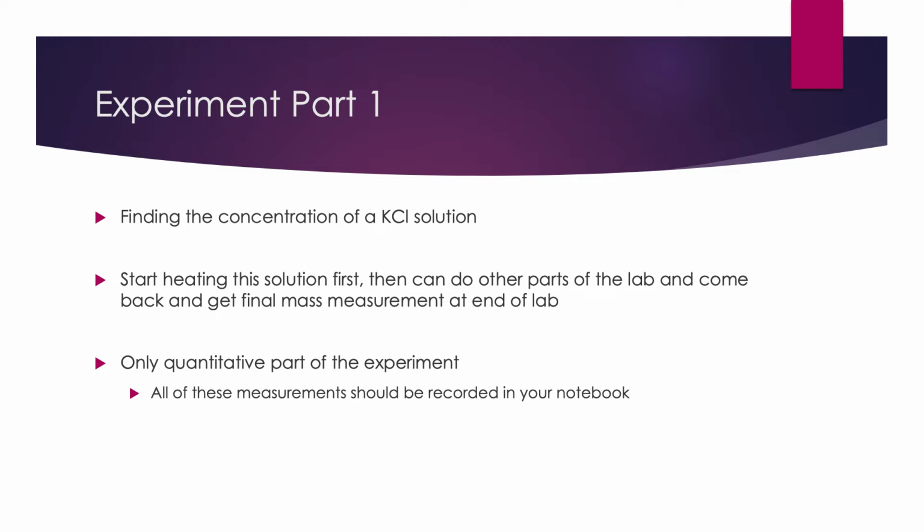Now, for this first part of the experiment, this is going to have the only real numerical measurements you're probably making that are important for this experiment. And so you're going to have to make some different mass measurements, some volume measurements, and things like that you want to record. But do make sure that you're using the right sig figs, or as many sig figs as are appropriate for your different mass and volume measurements, because that will be part of the things you're expected to show in CSE Pub. If you don't give the right decimal places for things, it's going to count things wrong when you try to enter your